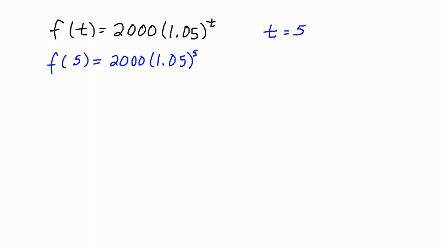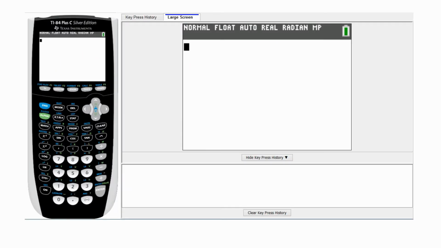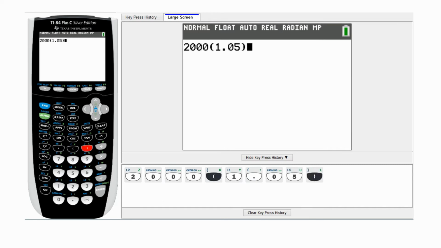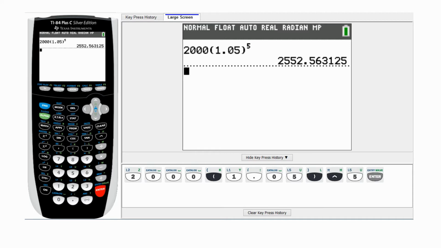We need to calculate, so we type in our information, 2,000 parenthesis 1.05 close parenthesis exponent 5, enter, and we get